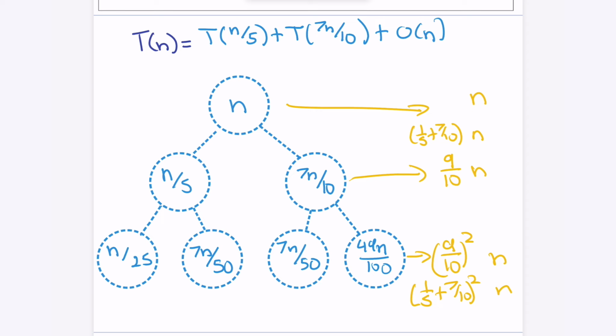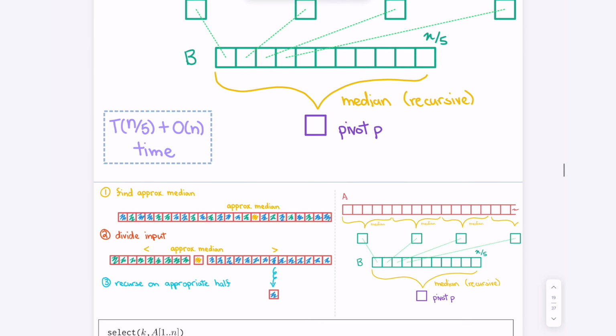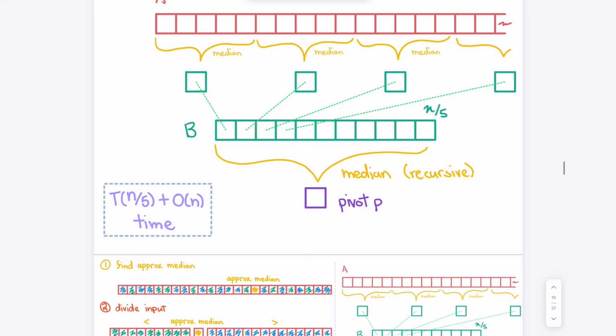Yeah, so it's not as homogeneous a recursion as before. Yeah. So, another question. You scroll back to the slide with the green. Now I'm wondering, when you have the green and you create other lists from them, they're more or less sorted. They're not exactly sorted, but more or less, right? That could save time with building up. So what do you know about n over 5? You don't know